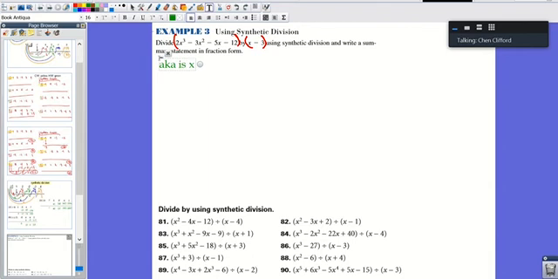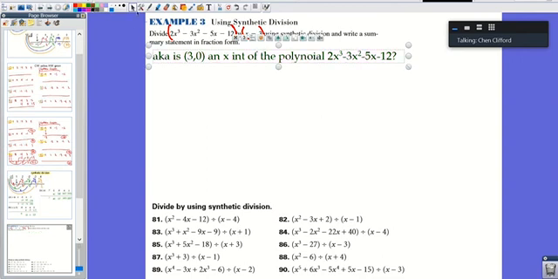Is x equals 3, or how about this, is (3, 0) an x-intercept of the polynomial 2x cubed minus 3x squared minus 5x minus 12? You can also phrase it that way, all right? And obviously, I got this polynomial from here,